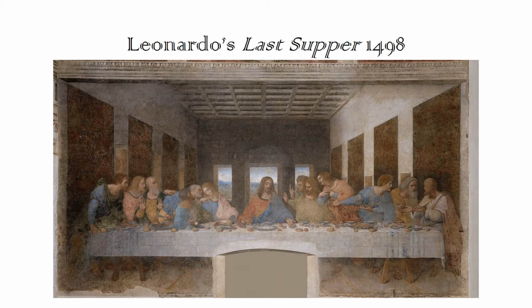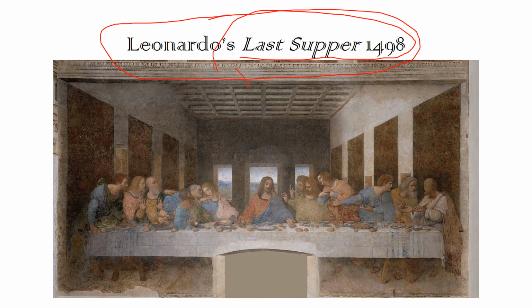One of his most famous works was Leonardo's Last Supper, which is a fresco. So this means this was painted into essentially wet plaster, like a wall, and then by adding moisture at various times, you can keep this plaster wet enough to continue to work in it over a space of days, weeks, and even months. And this is supposed to represent the Last Supper of Jesus of Nazareth as he sits with his disciples and breaks bread with them and tells them, "Take of this bread, for it is the flesh of me. Take of this wine, for it is my blood," which becomes a central concept in the Catholic ritual of